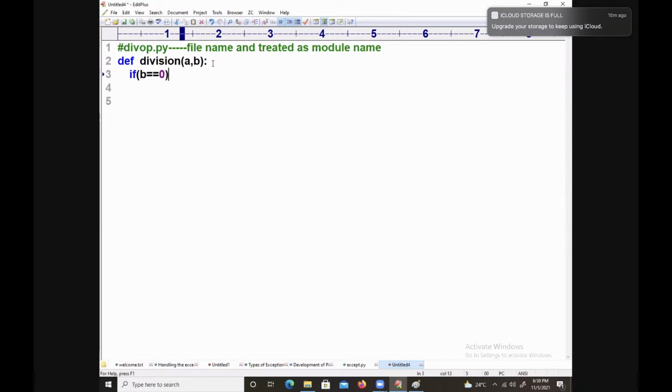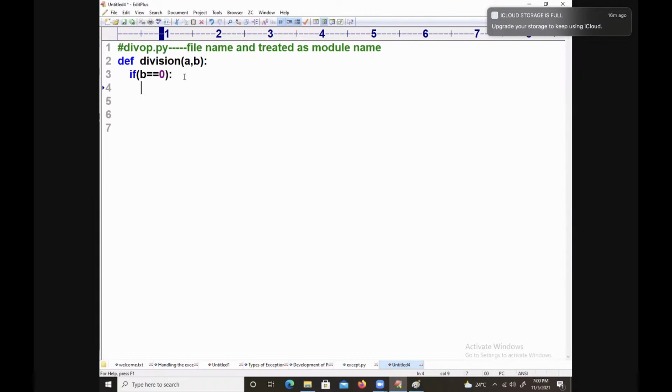B double equal to 0. A small example: instead of using zero division error, we are using KVR division error. If B is equal to 0, ask your PVM to raise the exception on your own. Make the PVM raise the exception. Earlier, the PVM raised an exception internally. Now I am explicitly raising my own exception.